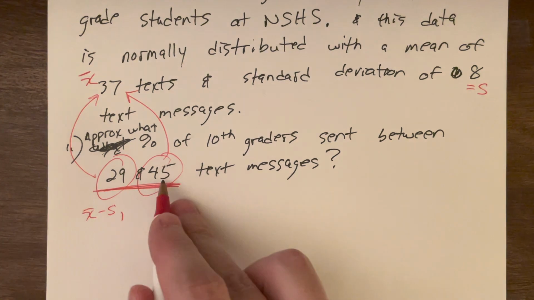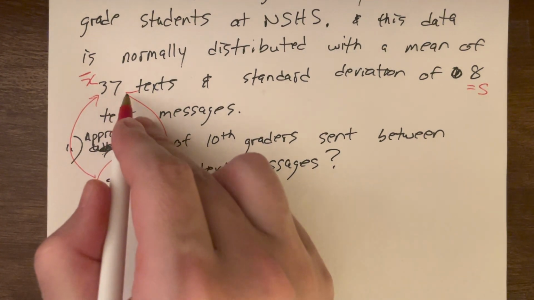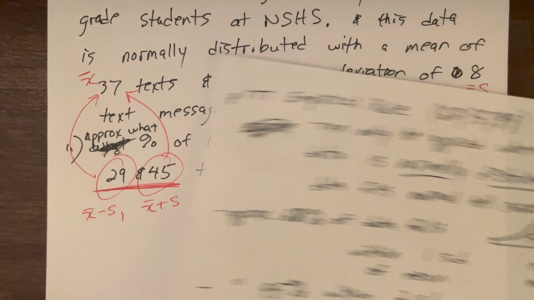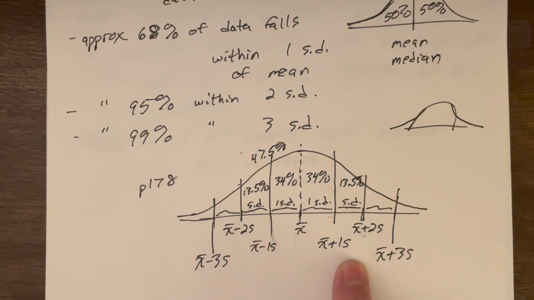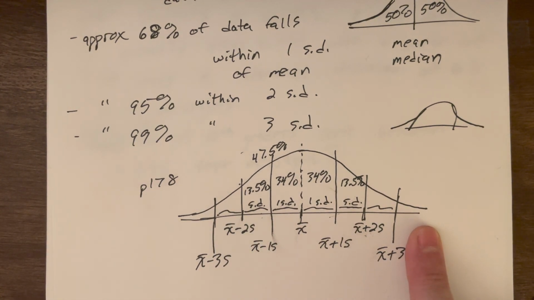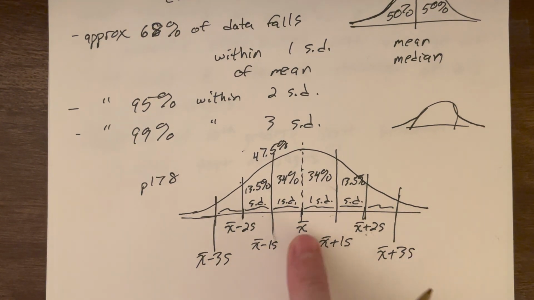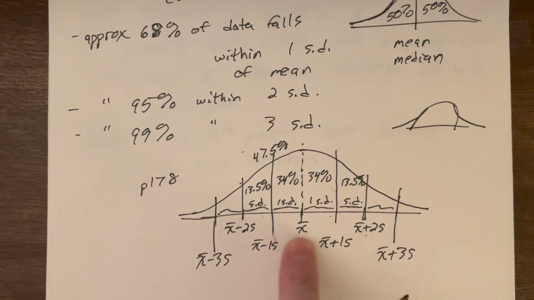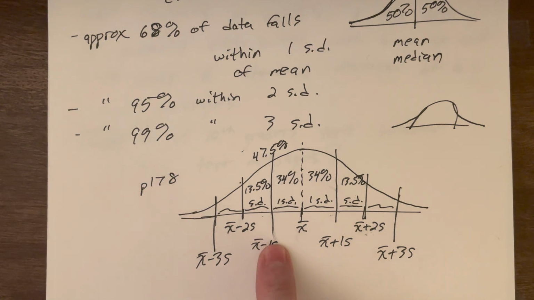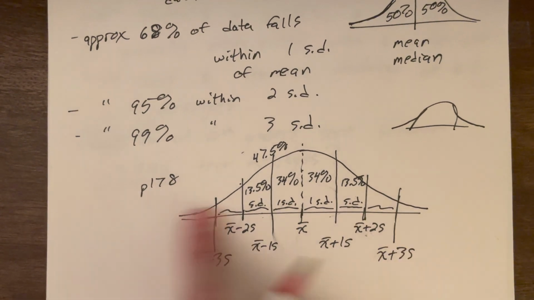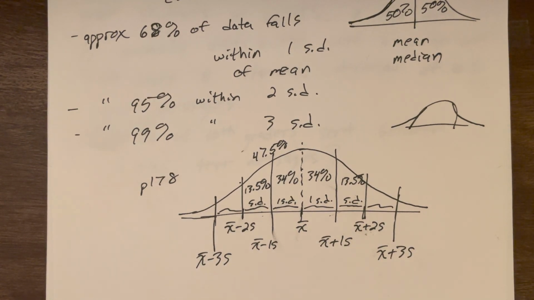So 45 is exactly 8 more than 37. So that's x bar plus 1s. That's exactly what we're describing here. You could look at it inside this diagram. And again, for some people, this is gold. All they do is at every single problem, they keep remaking this, but then they fill in all the values. They say, okay, the mean is 37. The mean minus 1 standard deviation is 29. The mean minus 2 standard deviations, well, 29 minus 8 one more time is 21. Subtract 8 one more. They fill everything in for every problem.